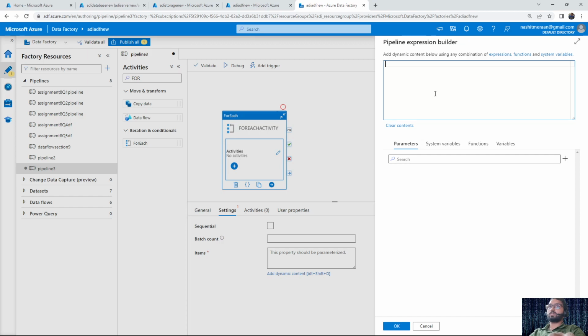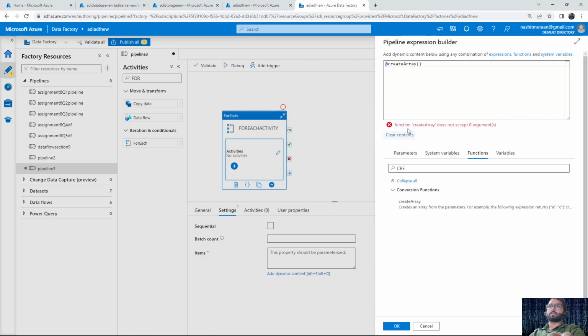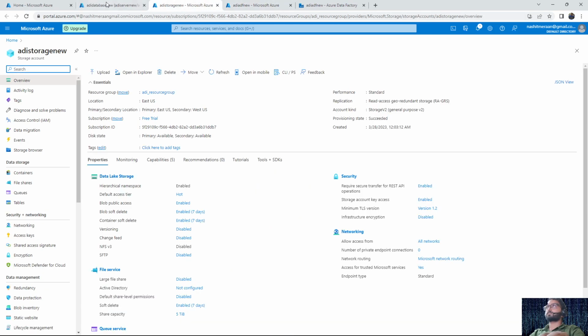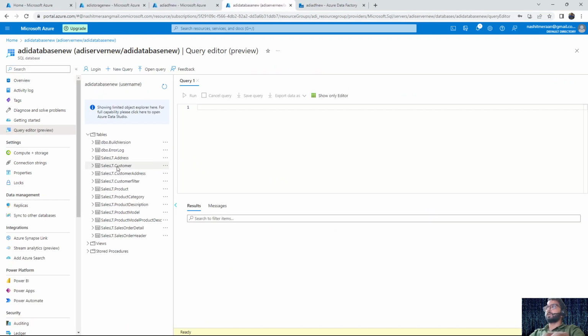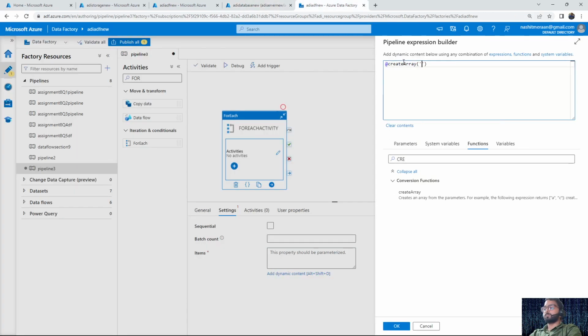Inside this we have different categories: parameters, system variables, functions and variables. Inside functions you have one function called createArray. As I was saying, it takes input as an array or list of items. Inside this we have to pass the table names. Suppose I want to copy three tables: address, customer and customer address. So what I will do: address,